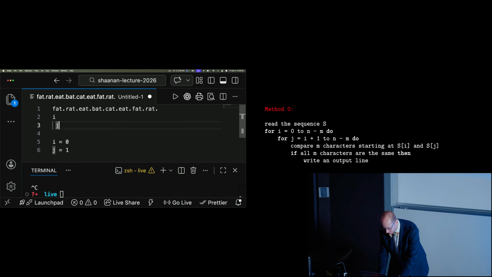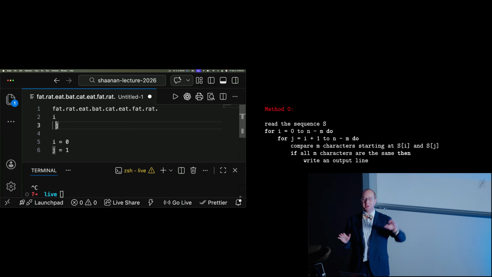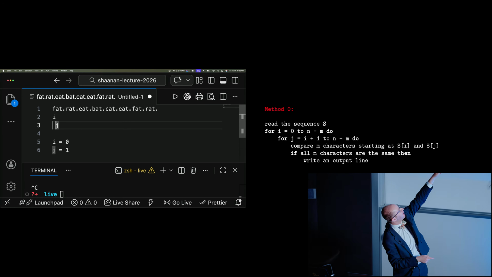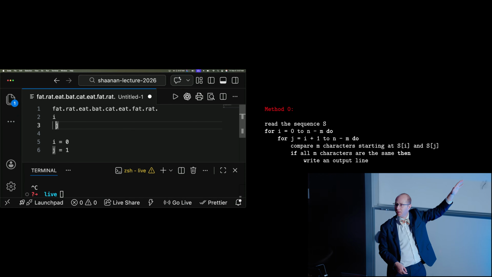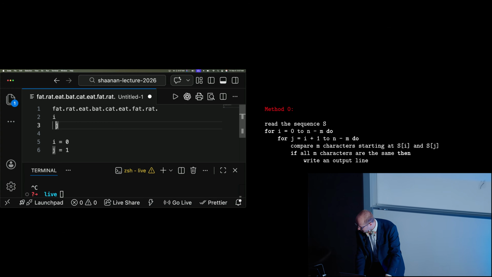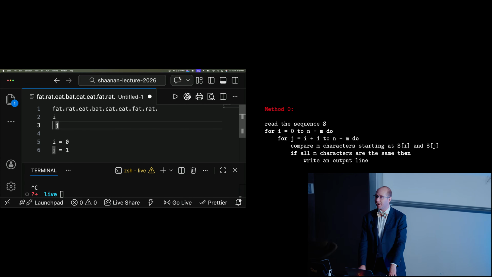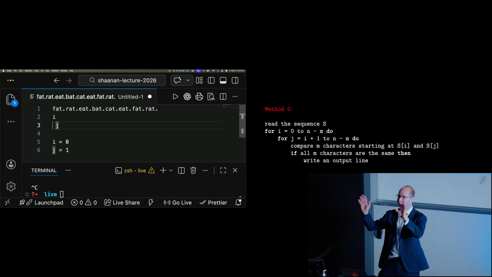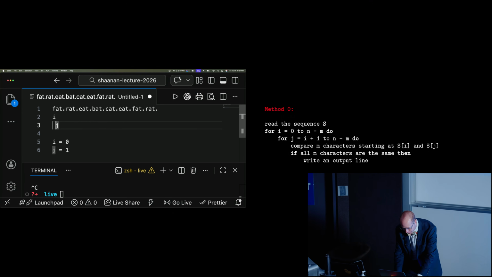And then we go to the next one. So then we go F and... So slow down a little, go through our steps. Compare all the characters starting at s_i and s_j. Okay, that didn't work. But what we haven't really done is compared all the characters. We kind of skipped that step right out. We glossed over it. So how do we do that?